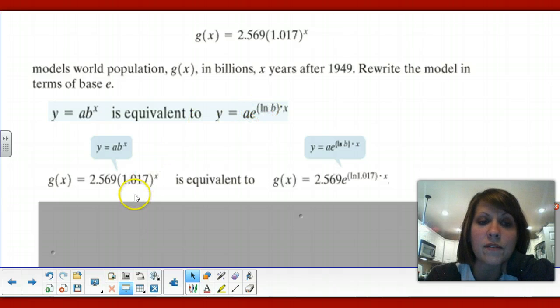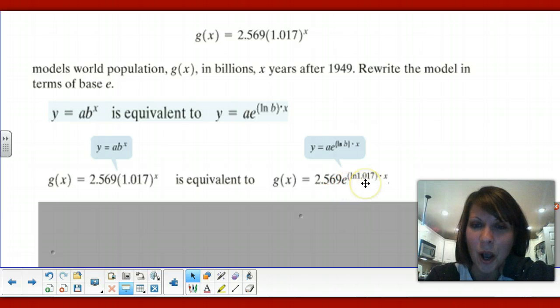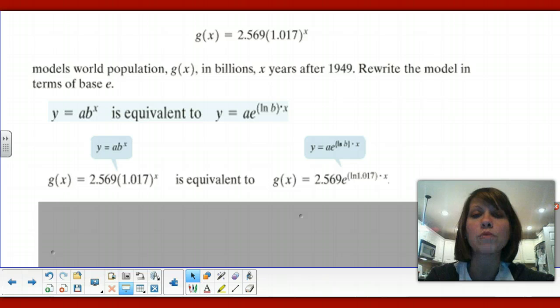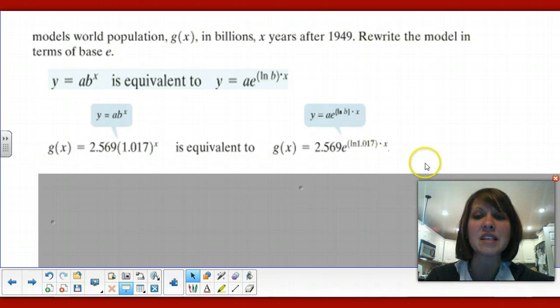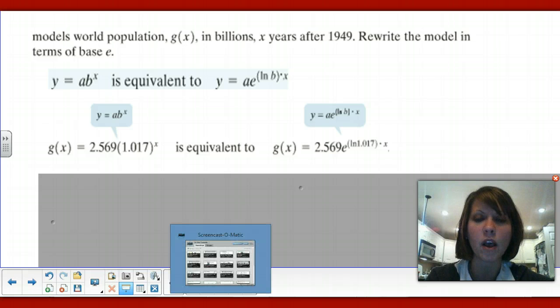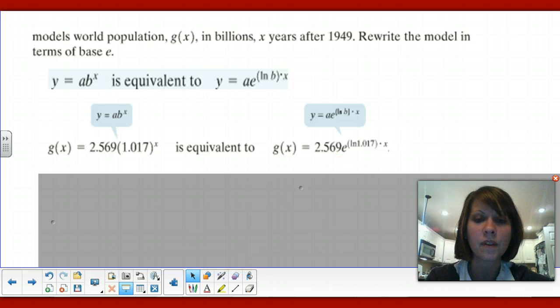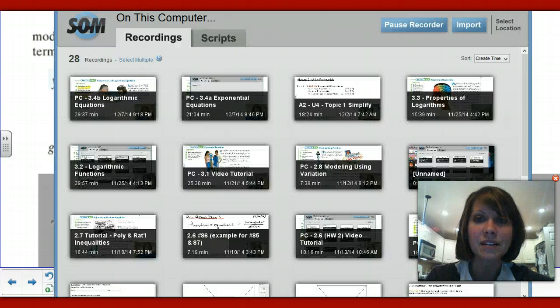So if you have 2.569 times 1.017 to the x, that is equivalent to 2.569 times e to the natural log 1.017 times x. Okay, I'm not saying that this is something you'll want to do all the time, but it's something I want you to know that you can do. By no means is it a focus for us as one of the priority things. It's more of a, hey, guess what? You can do this. Okay, that is lesson